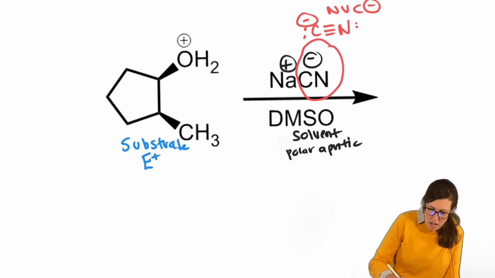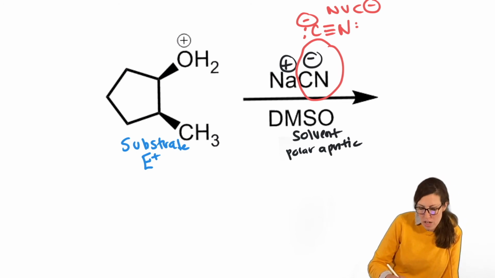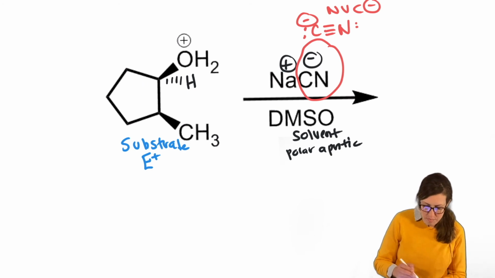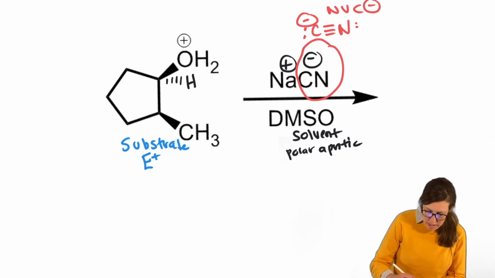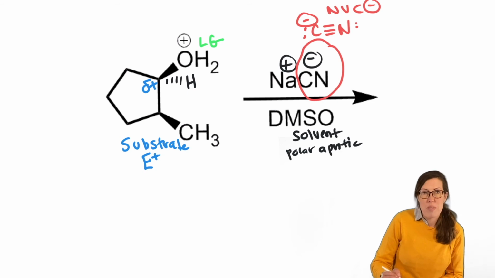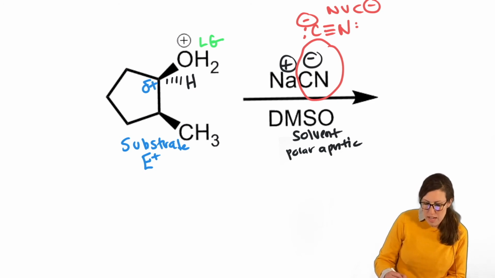Because it's on a wedge, I'm going to draw the missing dash. I'm not going to do that down here because that's not where the reaction's happening. The reaction's happening here, so I care about that stereochemistry. I'm going to label that as my leaving group. That means attached to that leaving group, there's a carbon that has a delta plus. I drew in my H for another reason, because it also helps me visualize if it's primary, secondary, tertiary. Notice that this carbon has two other carbons attached to it, so it is a secondary carbon.